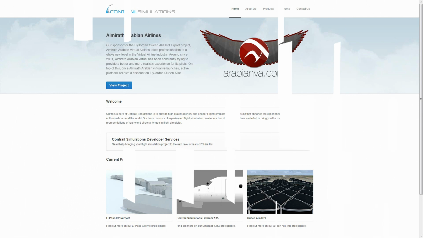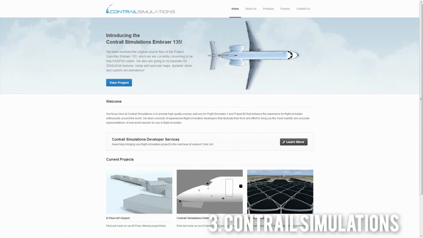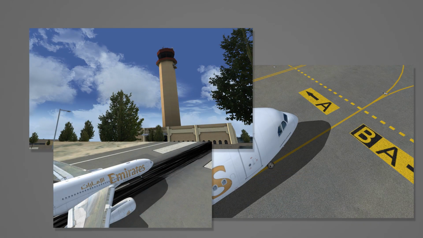Moving right along here to our third spot is Contrail Simulations. This company has been working on a project over in the Middle Eastern region of the world, and they're now moving here to the United States and doing an El Paso International. So if you fly Southwest or any of the smaller routes, I think this will be a great